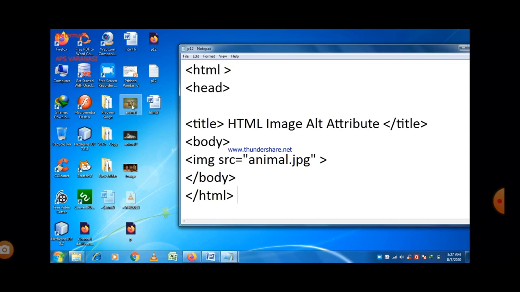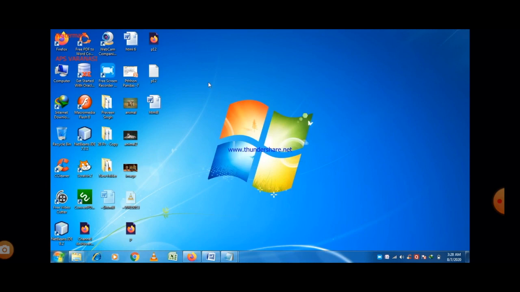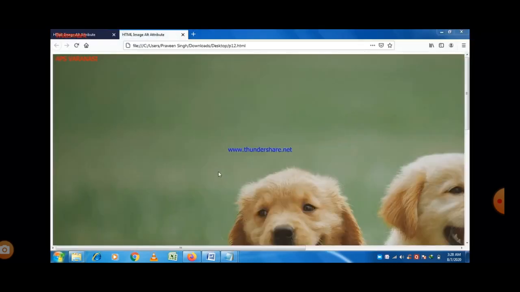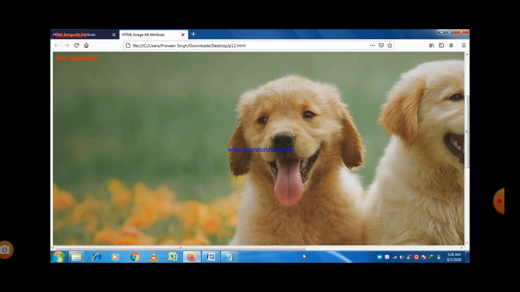The animal image is also here, you can easily see that. Now just save the web page. Now save the notepad file, and just try to execute this file. The names of these files are the same, and this is the image here, you can easily see that.